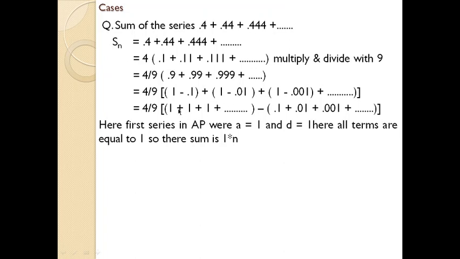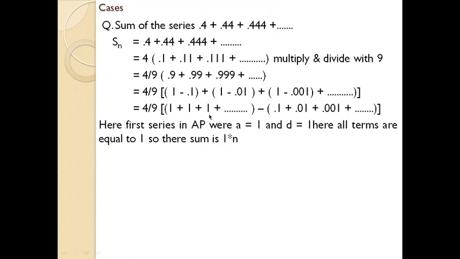Here the first series is in arithmetic progression and this one is in geometry progression. In the previous slides, we dealt with situations where the first one was in geometry progression and the second one in arithmetic progression. There is no rule that the first one has to be geometry progression or the second one has to be arithmetic progression. It depends upon the nature of the question or the steps we are arriving at.